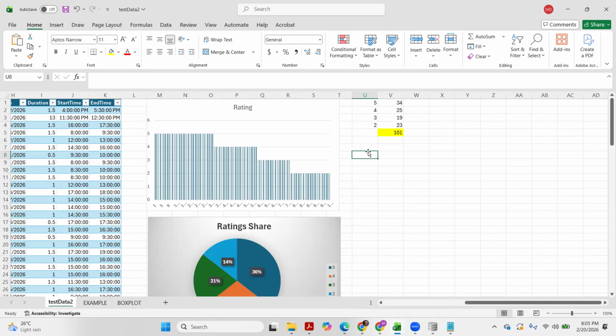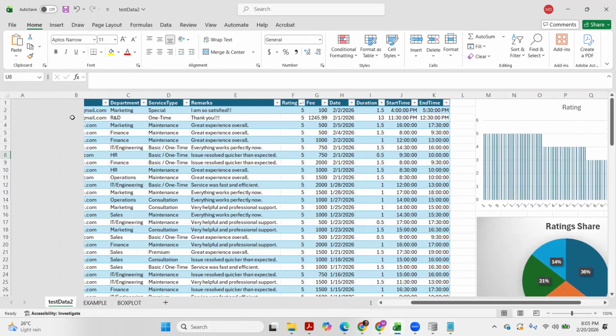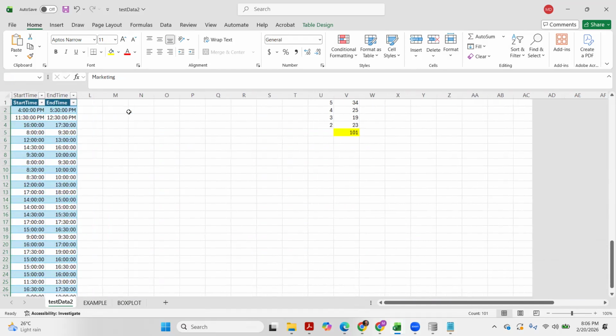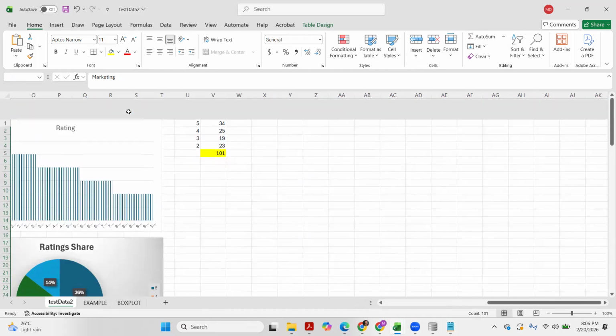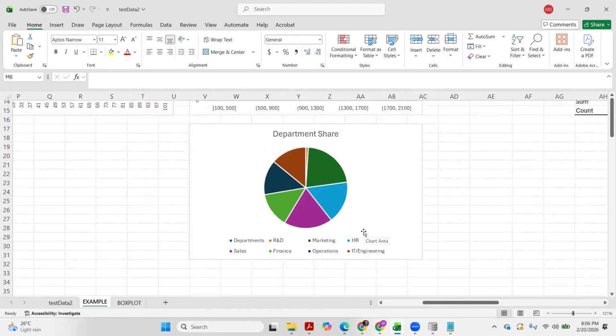Even though they are categorical, we can still represent them with a chart using their frequency or their count. To understand more, let's say we want to see the counts of our department. We want to see how many percent each department got, just like this one.